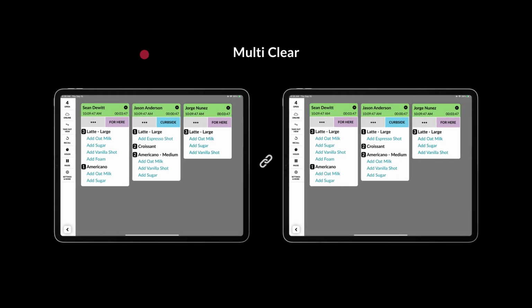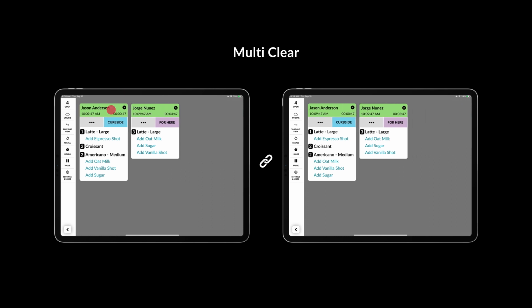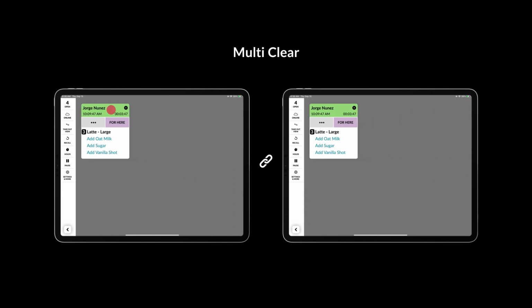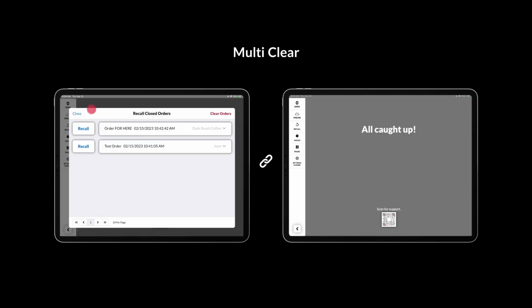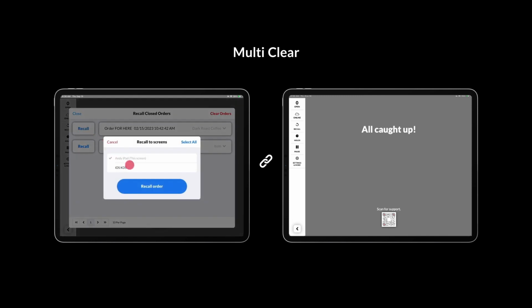Multi-clear will allow you to clear an order on your current screen and have it clear the same order on the connected screen. It will also reflect any items or modifiers that you cross out on your screen. When you recall an order using multi-clear, you will also have the option to recall this order on your connected